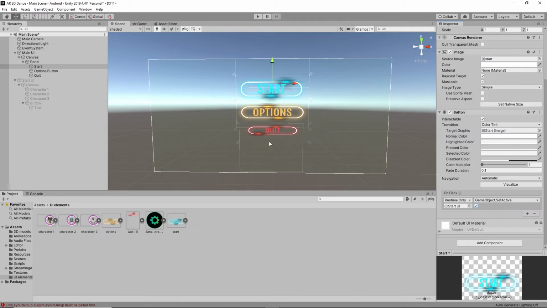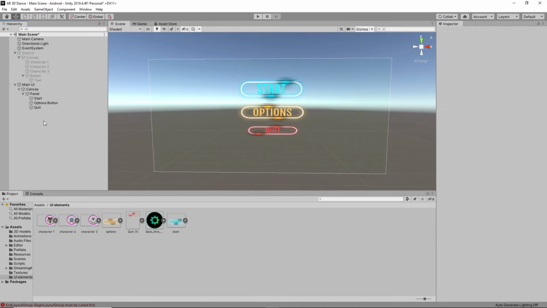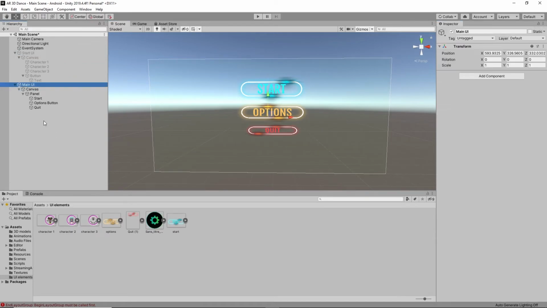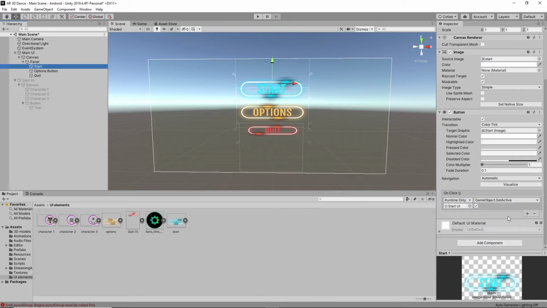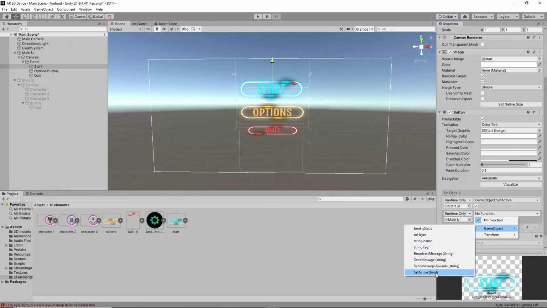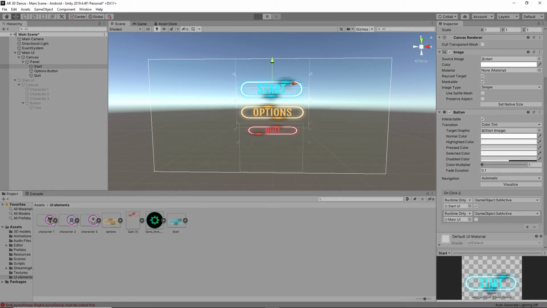So when it is enabled, the main UI has to be disabled, right? Main UI has to be disabled. So that means you have to add main UI, and when the start UI is enabled, you have to tell it that set active has to be disabled. Let's check that.